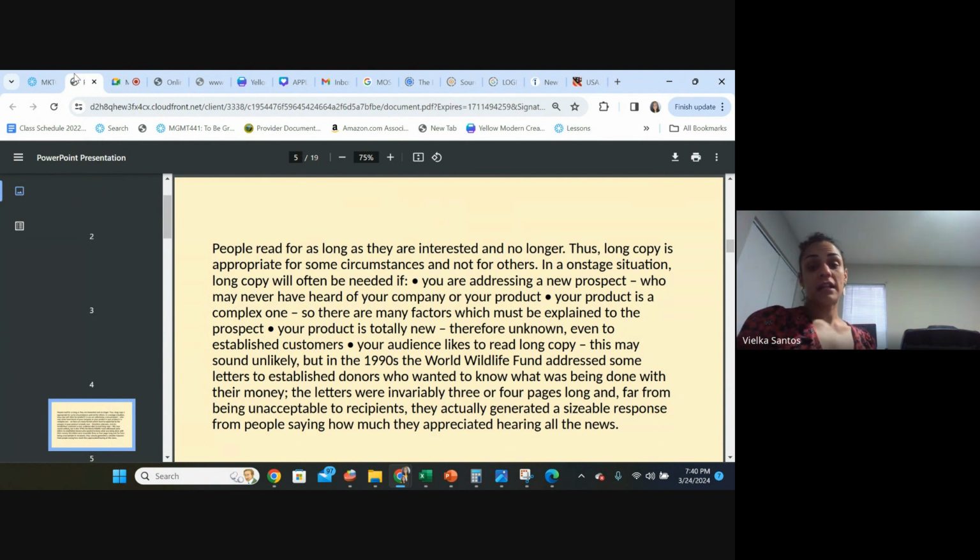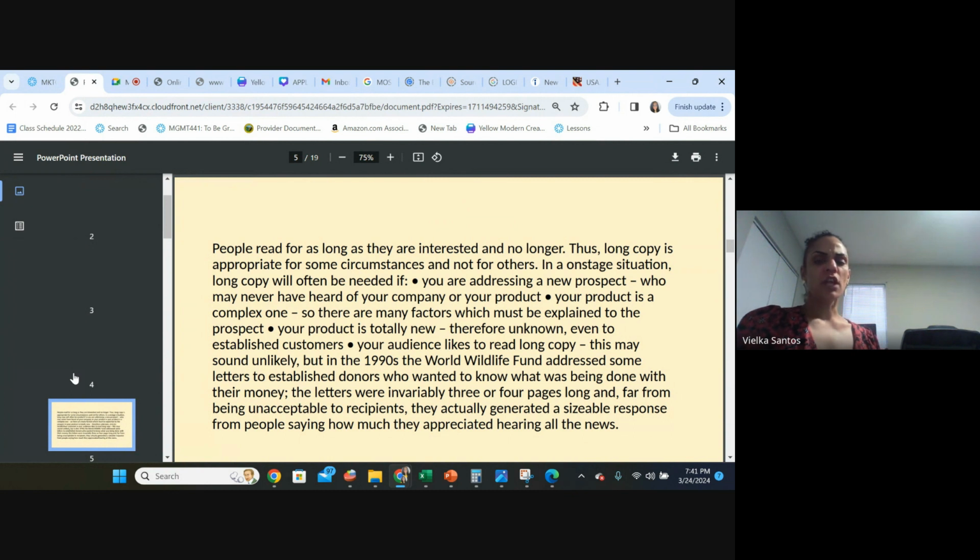This might sound unlikely, but World Wildlife Fund addressed some letters to established donors who want to know, now that this is talking about donors, there was one moment that I was dealing with a certain donation. Actually, I have the name in my head, but not in English. It's when you make a donation about your sales. So it needs a lot of reading because you want to know how it works, right? Donors want to know what is being done with their money. The letters were invariably 3 or 4 pages, like when you are donating money to UNICEF or Compassion Group or a certain